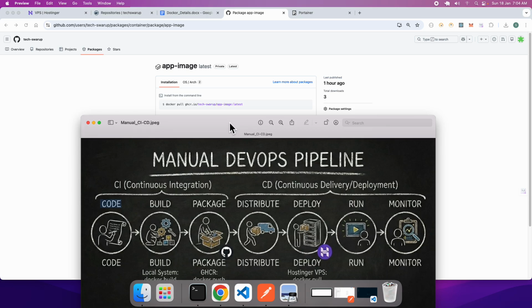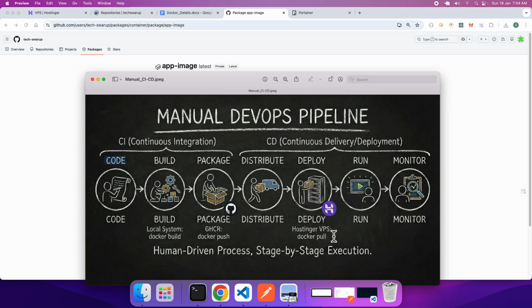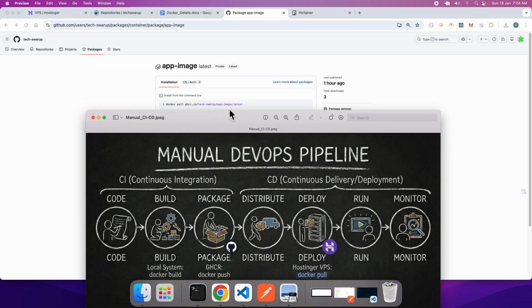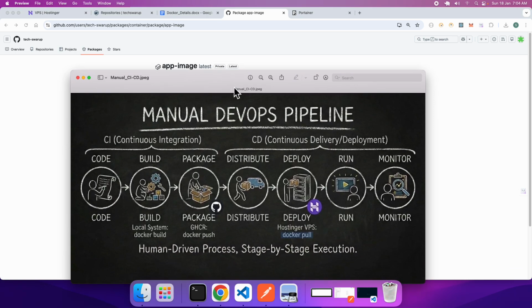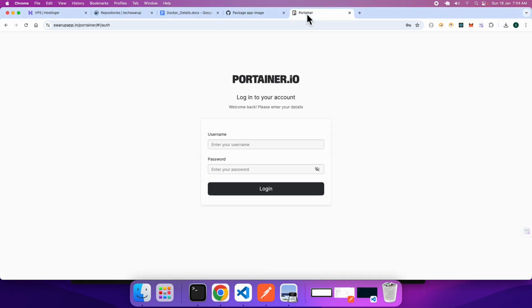Okay, so this is your actual image that was built initially in my local system. I have uploaded it into the GitHub package container registry so that it can be distributed. So where am I distributing this? I'm distributing this in my Hostinger. Inside the Hostinger, I will log in with my credentials, and then I will go for Docker pull, as you can see right over here. The moment I do that, this particular thing will be deployed in my Hostinger GUI Docker application, which I can